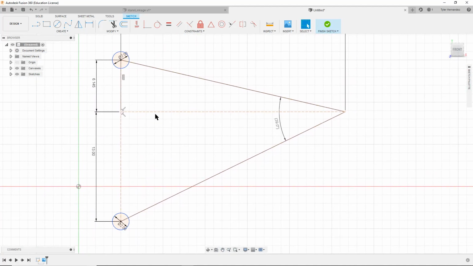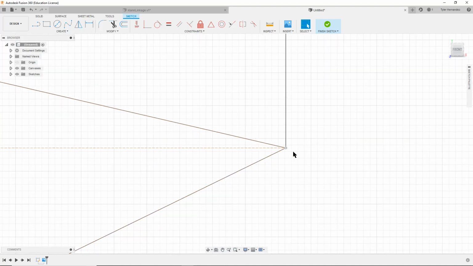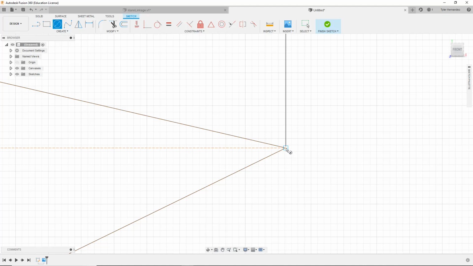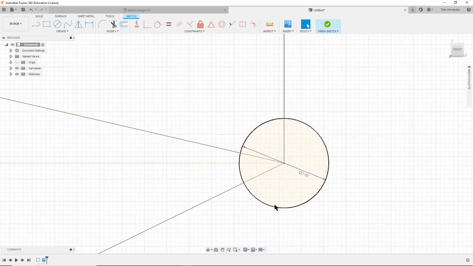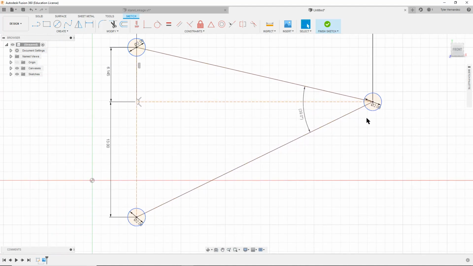Okay, so I've got 2 vertexes. Now I'm going to make my third vertex. I'm going to right click, use my diameter circle tool, click on the vertex, drag, type in 2, and press enter. Now I've placed a 2 millimeter circle at each vertex of this construction triangle, and these are where our